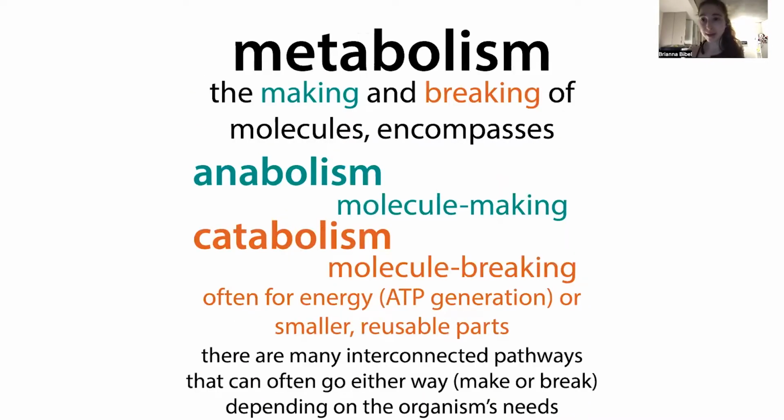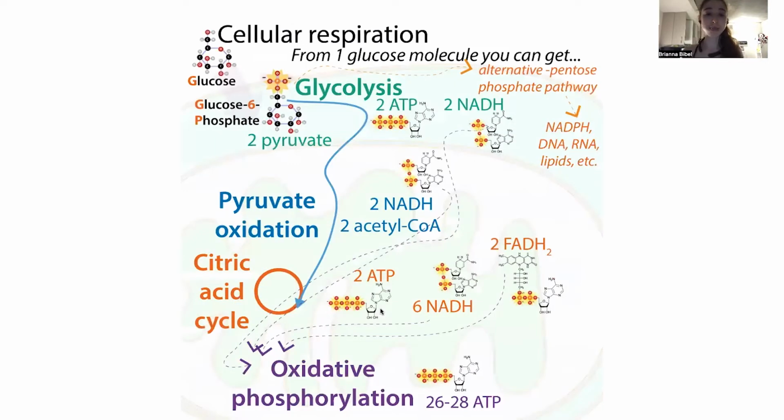Various metabolic routes. Metabolism refers to the making and breaking of molecules. So we have anabolism, which is molecule making, and catabolism, which is molecule breaking. This catabolism is often done to generate ATP, such as with cellular respiration, where the really big payout comes from oxidative phosphorylation. So you can take energy from a bunch of different sources and get it to ATP, which is really awesome